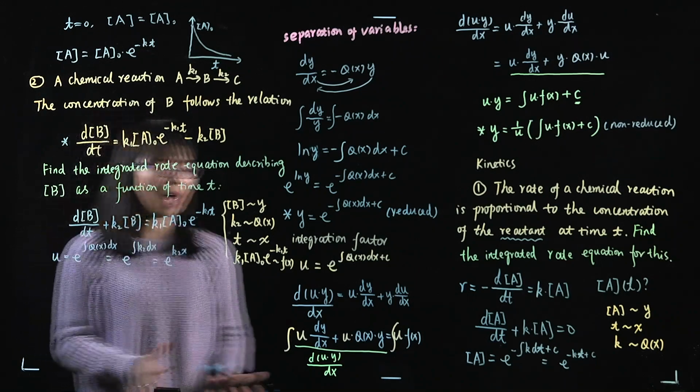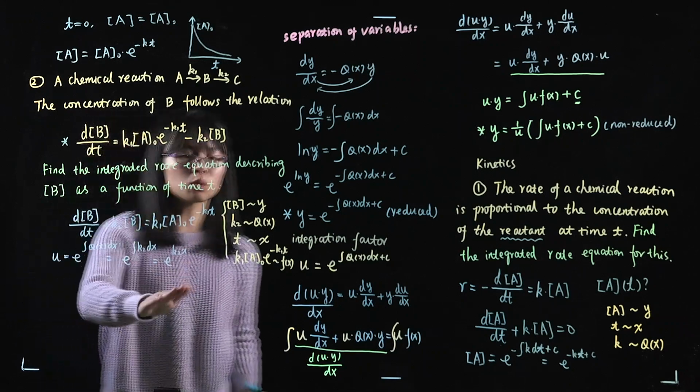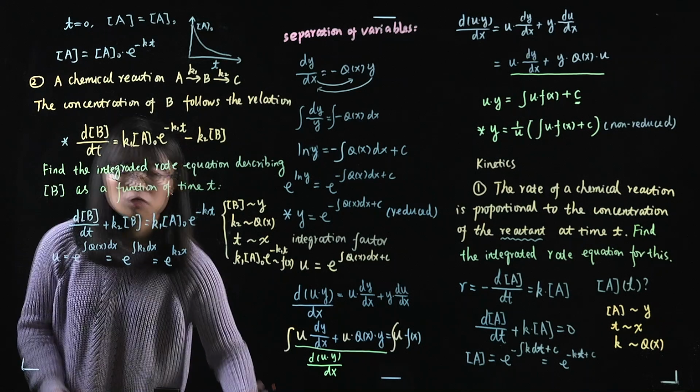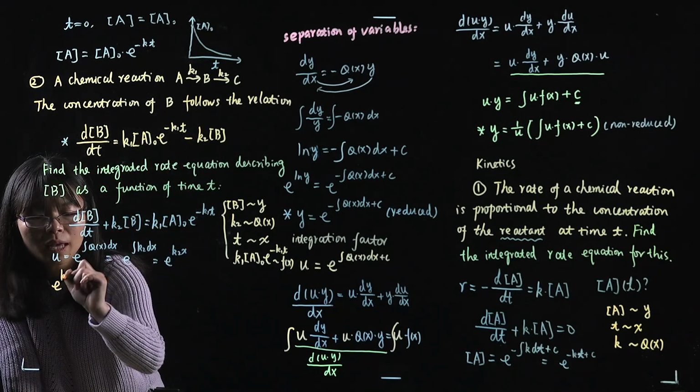Okay, so for the next step, you can follow the same strategy. We can multiply the integration factor on both sides of the equation. If we do that, we are going to have e to the K2